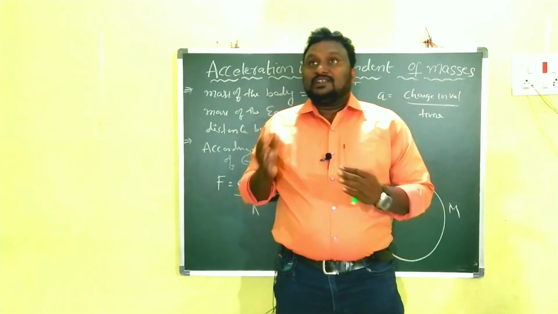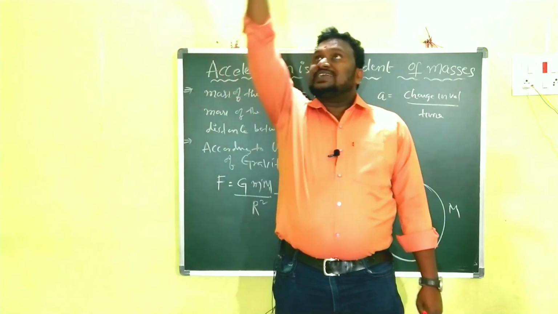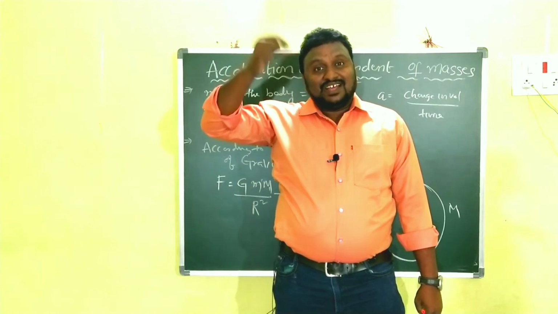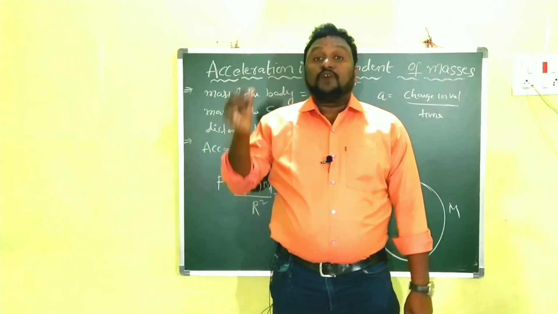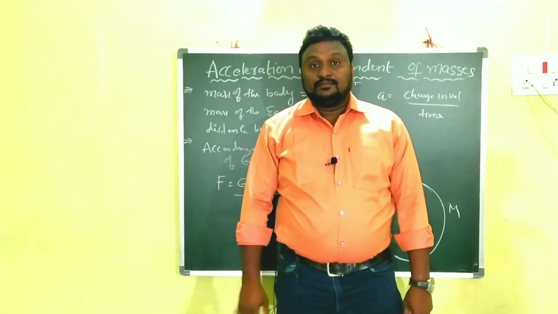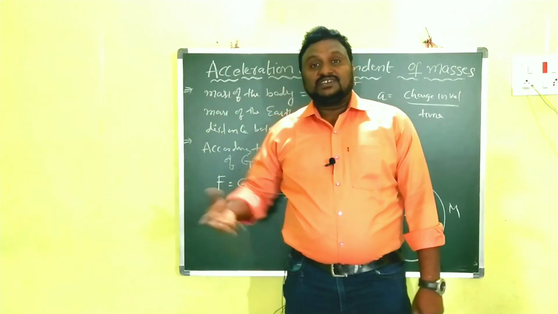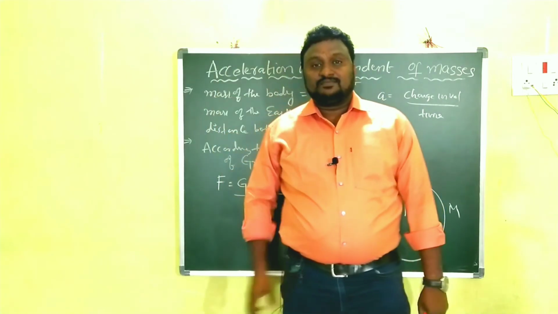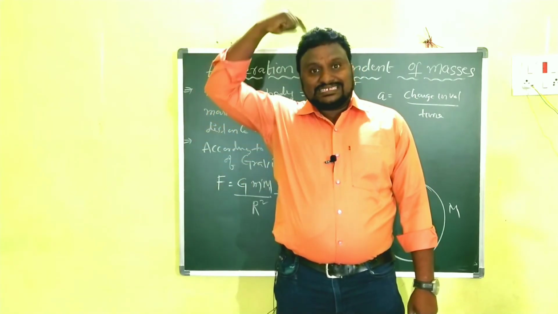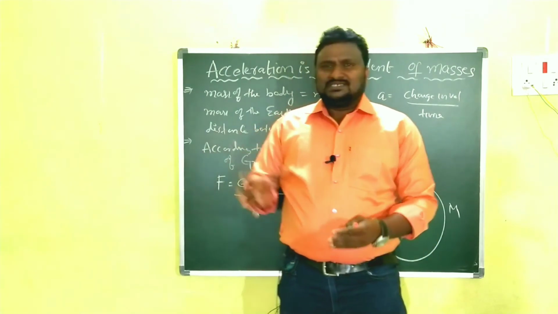Clear? For example, one boy is on the top of the building and one boy is on the floor. Once you drop the chalk piece from the top, if it falls onto the head of the person who is on the ground floor, he may get injuries. Even though it is a chalk piece, he may get injuries. Why? Because when it reaches the head, it has some velocity.